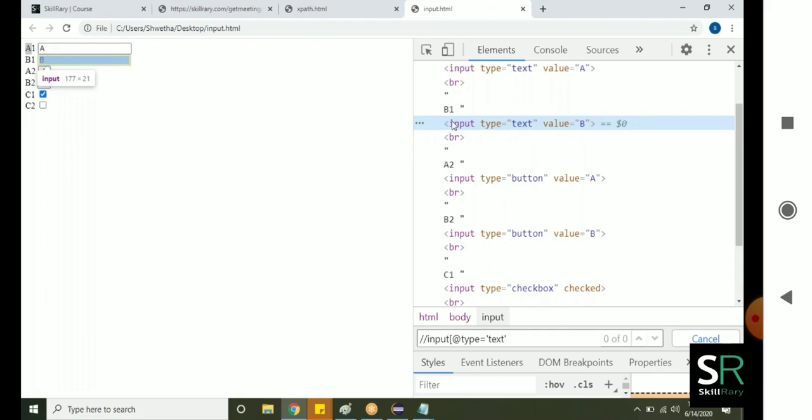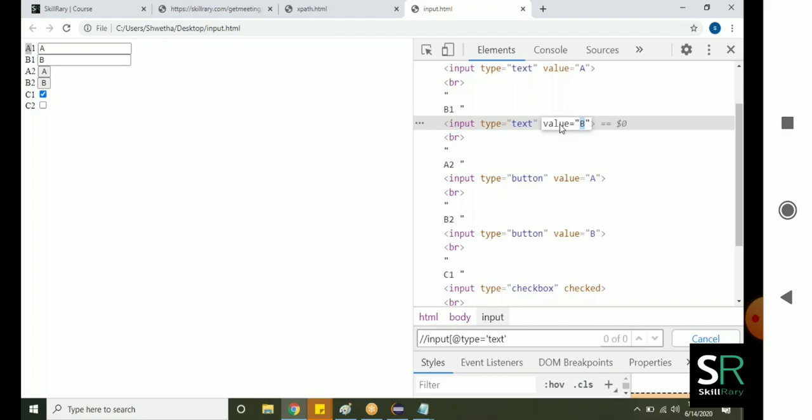There are 2 attributes. One is type. This type is an attribute. One more is value. Attribute value means, for the type attribute, text is the value. For the value attribute, B is the value. Oh, now I got it. Okay. Value is one attribute, guys.